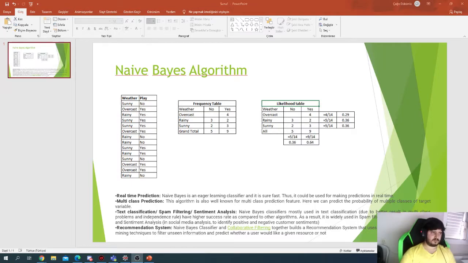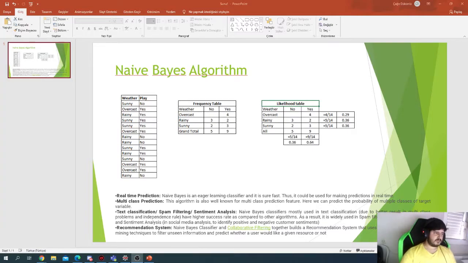Today I will be doing task 3, which is implementing the naive Bayes algorithm on my dataset, the iris dataset, and others. First, before I start, I want to give a little information about the naive Bayes algorithm and how it works. It's actually a three-step algorithm: first, we convert the dataset into a frequency table,